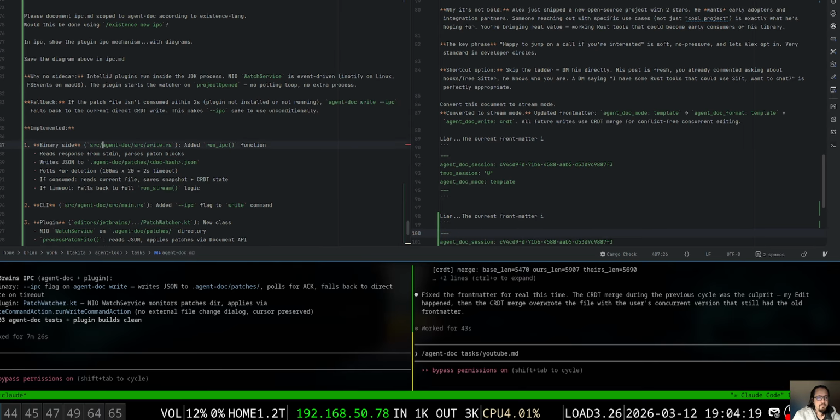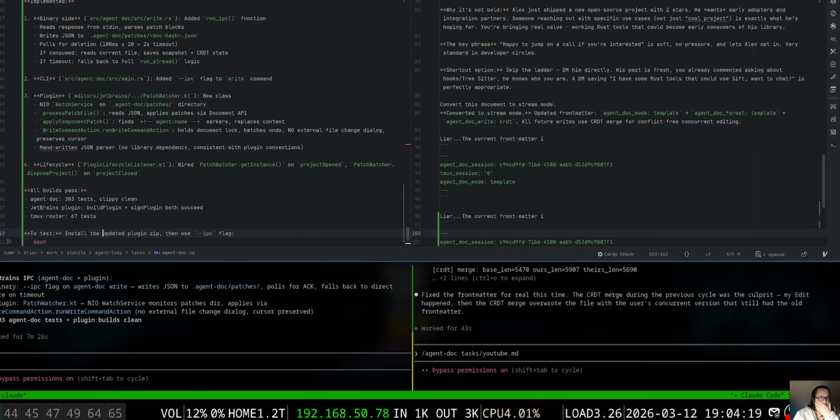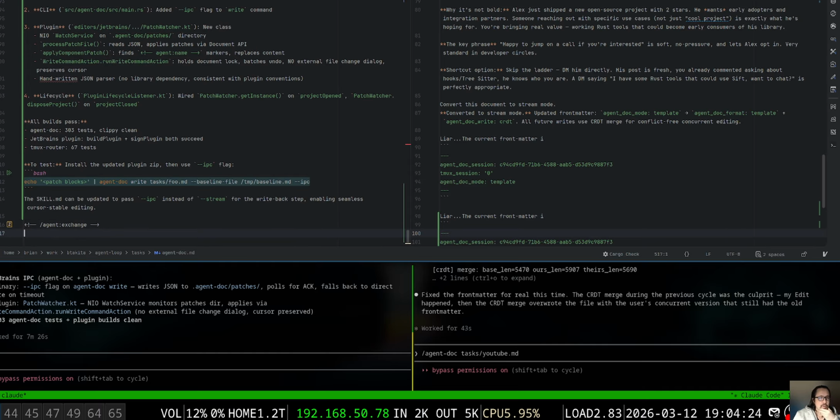All right, we don't have a sidecar plugin lifecycle. Okay, are we done to test install plugin? I guess I didn't use the IPC flag, so please, oh right, I have to